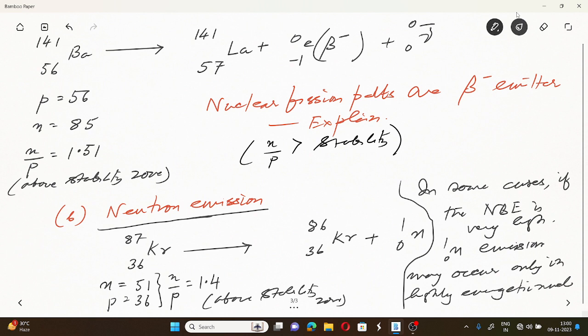তার মানে এই নিউট্রন এমিশনটা, you can consider it to be an exception। ঠিক আছে, নেক্সট আমরা চলে আসছি